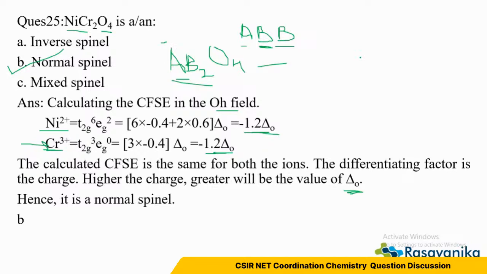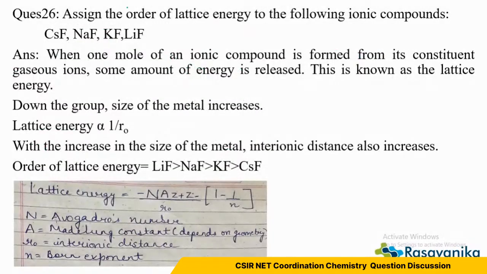Now moving on to the next question. This question is also relevant for the chemical bonding part, but as we see the lattice energy trend in this chapter as well, you can include it here also. Assign the order of lattice energy to the following ionic compounds: cesium fluoride, sodium fluoride, potassium fluoride, and lithium